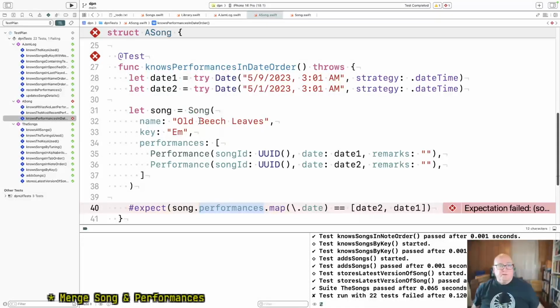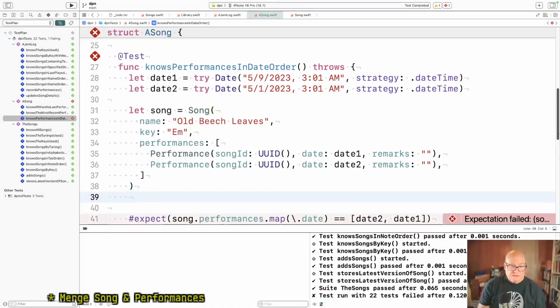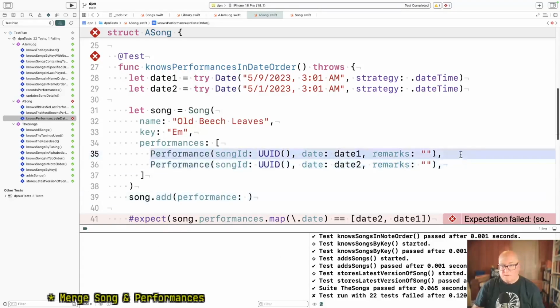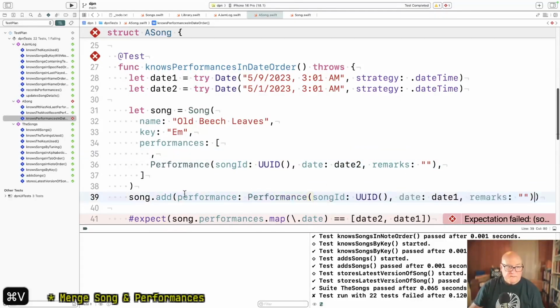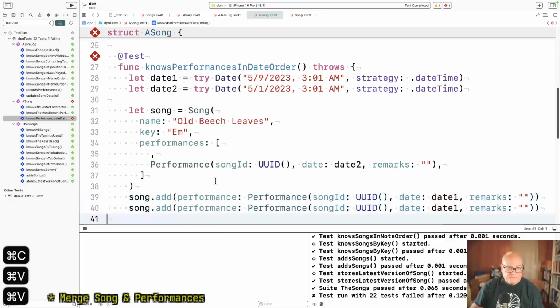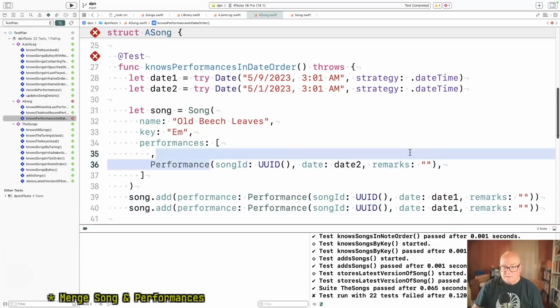Well, that's really, I think I need to do my add performance, right? Song.add performance, this one. And this one.